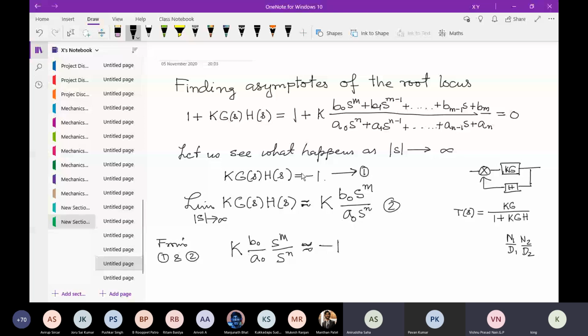This is always like when the roots are asymptotic. That is the case we are taking, right? And this is when we are going toward the asymptote. We are moving away from the origin as much as possible. All right. So there I can approximate this thing KGSHS by this. That is all I'm saying.